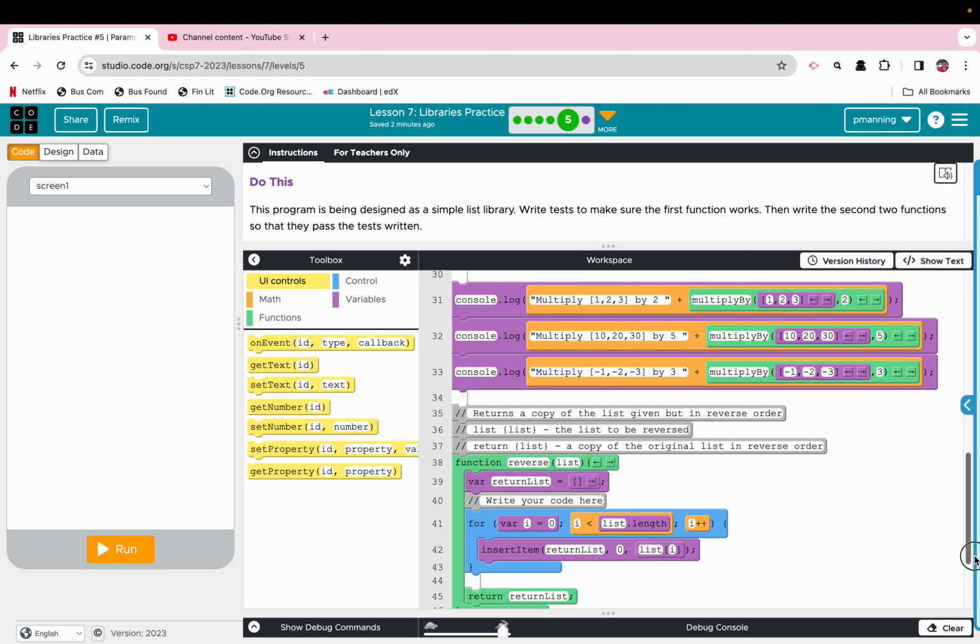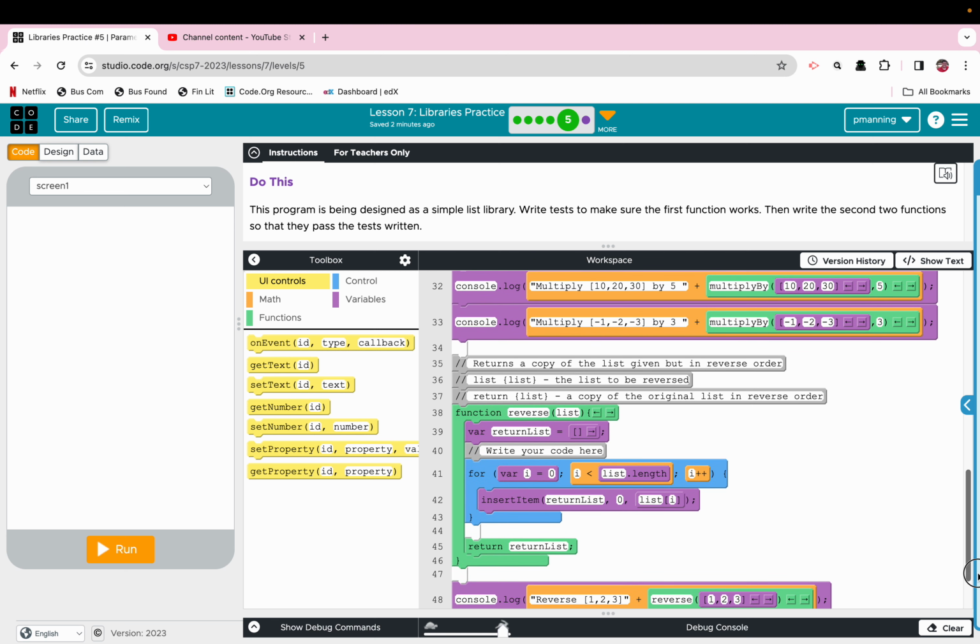All right, this one returns a copy of the list given, but in reverse order. All right, so the way that one is going to work, we have a return list. Again, we just set it blank. We say, okay, for each item in the list, all right, insert, return is,